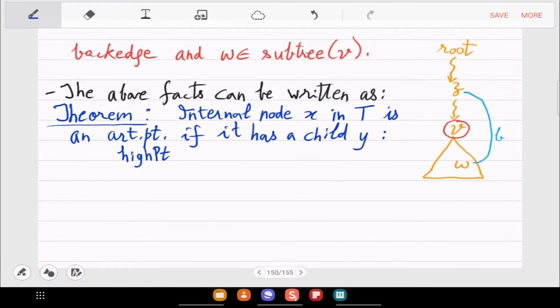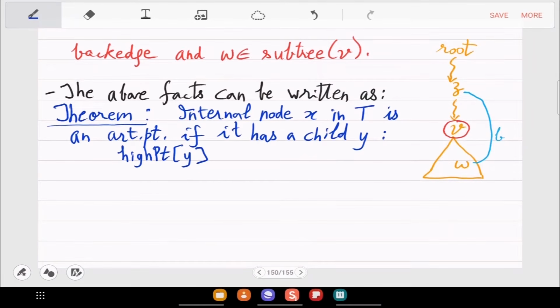the high point of Y is what? How do you rewrite the property that we had here? In that picture we had that blue property: a child Y is there whose descendant is connected with the ancestor of X. How do you express it now using high point?